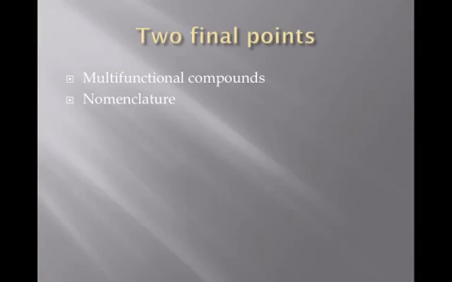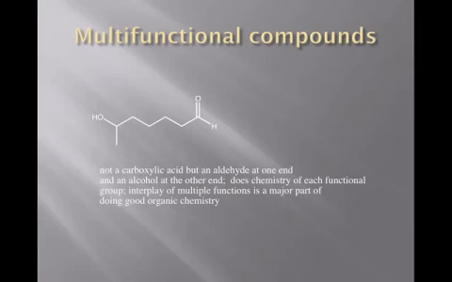2 final points. I want to make sure we talk about multifunctional compounds and also how this relates to nomenclature. First off, let's consider this molecule. This has 3 bonds to oxygen, but what's important is it's not 3 bonds from the same carbon to an oxygen. This is not a carboxylic acid. This is an aldehyde at one end, and it's an alcohol near the other end. That is a multifunctional compound. It doesn't display the chemistry of carboxylic acids. It displays the chemistry of aldehydes and the chemistry of alcohols, depending on what kind of reactions you do. And multifunctional compounds make organic chemistry complicated, but it's also very important in terms of important compounds that have those